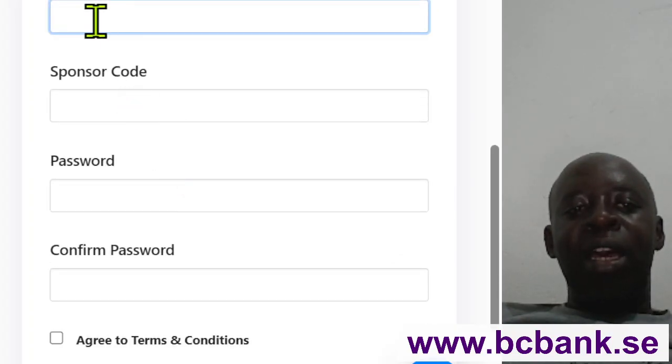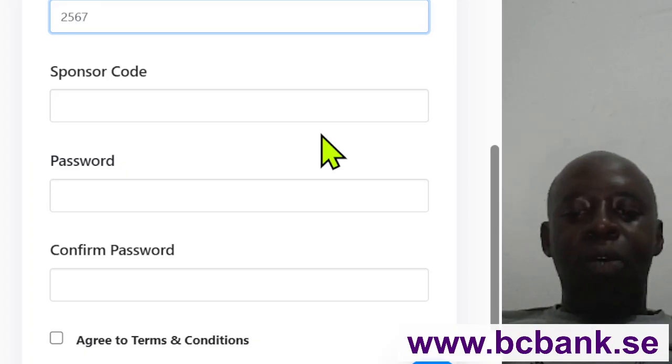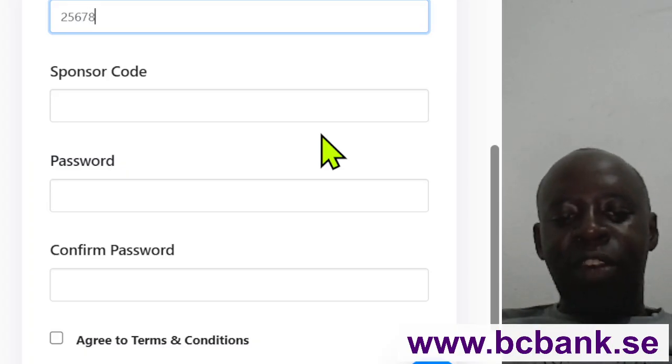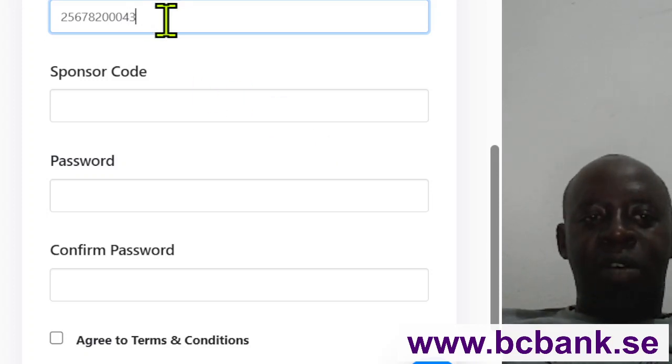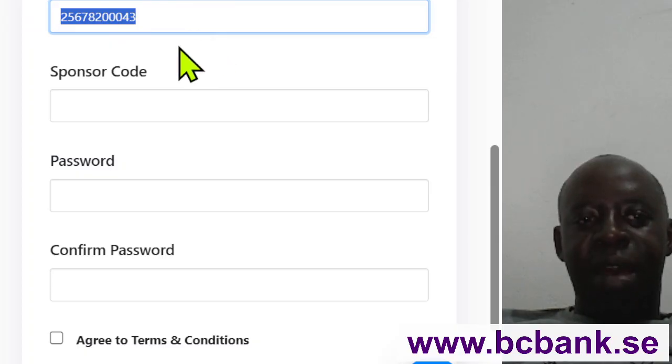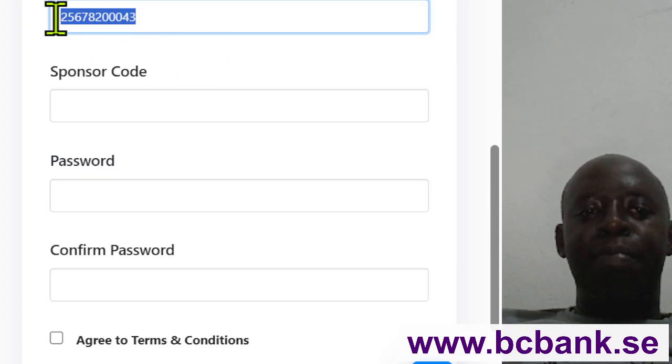And then where they ask for the mobile, every person must start with their country code, according to the instructions that were given there. When you're writing your phone number, don't put a plus sign, just start with the country code plain